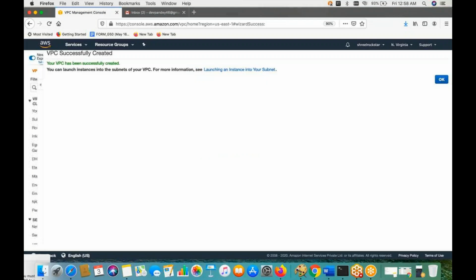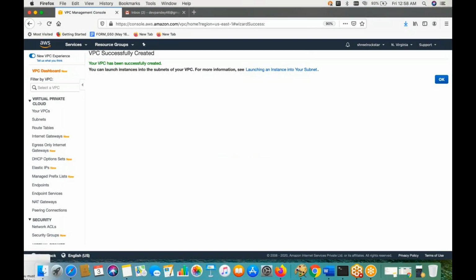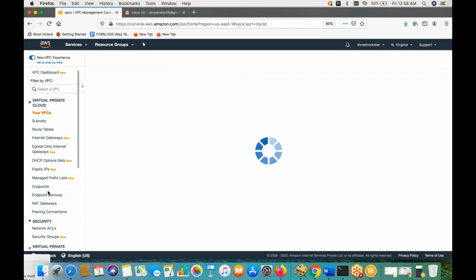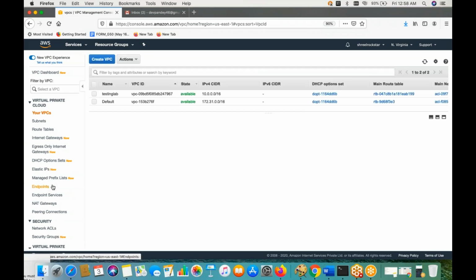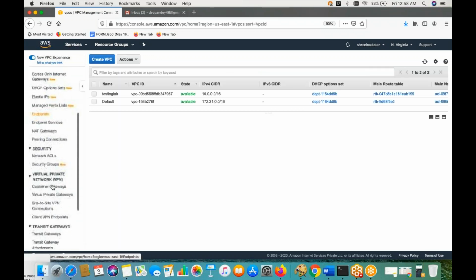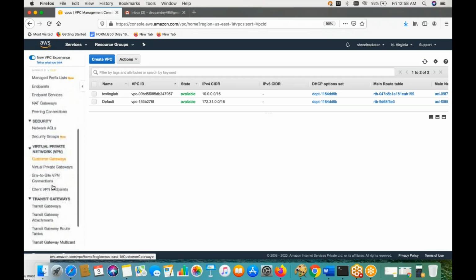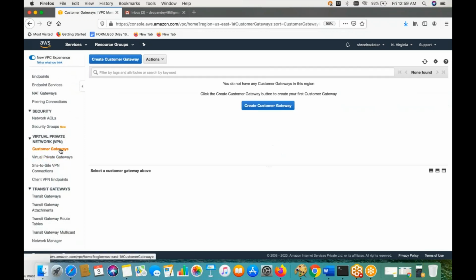So what is VPN tunneling for all of you? It's a dedicated connection between the AWS cloud and on-premises. It means you are going to restrict your AWS account so that it will be only accessible from your physical data center. If any traffic comes from outside, or any developer or user wants to connect, you can restrict that as well.